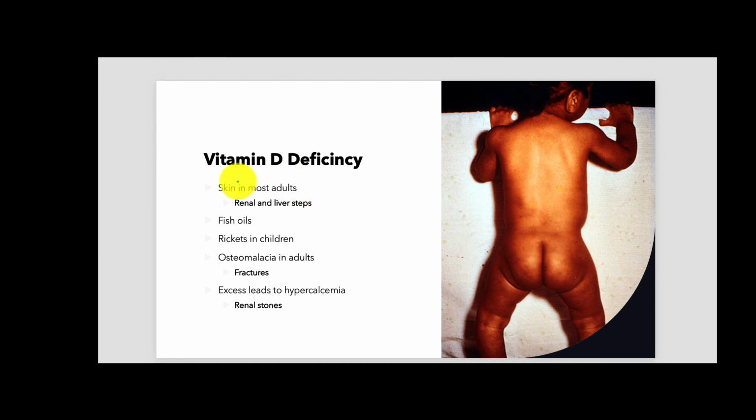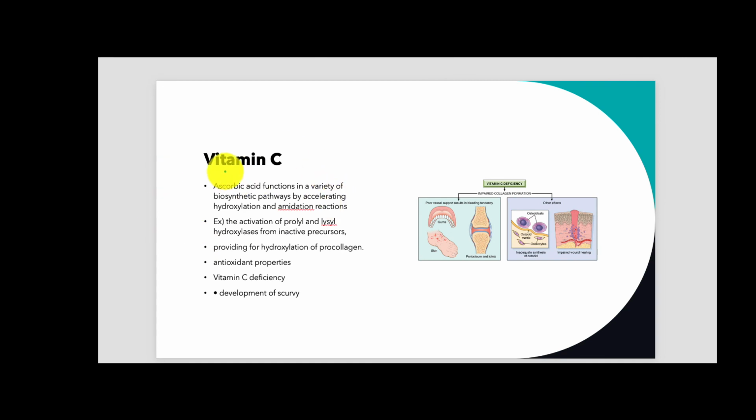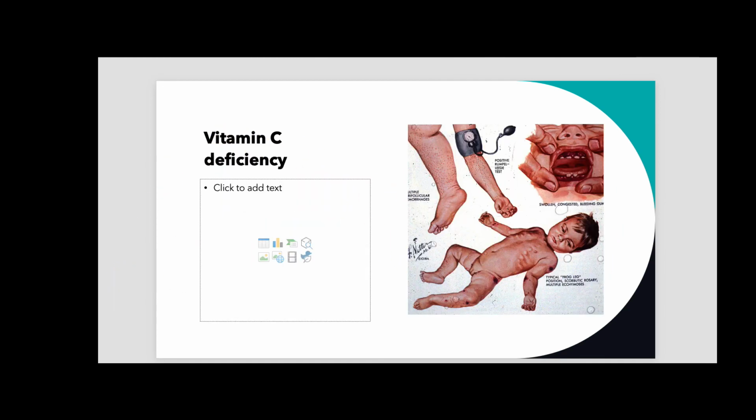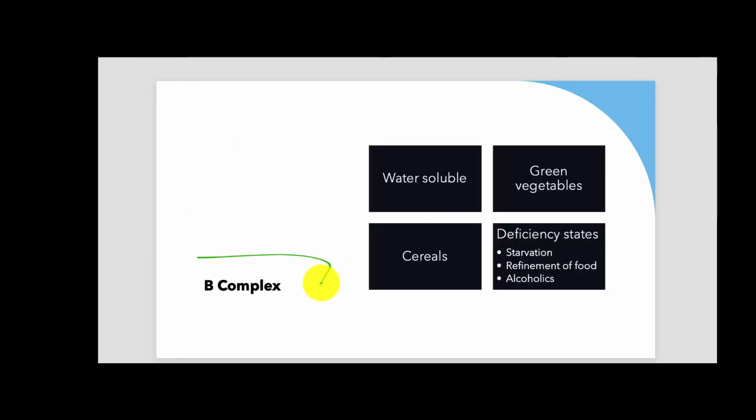If you want to talk about more vitamin D deficiencies, you can talk about how it impacts the kidneys and the liver. So vitamin C as well, here you go. And I put some mechanisms here for you guys. And then if you wanted to talk about, again, for exercise, a really important one would be vitamin B complexes. So that is what you guys are going to have to do for me.